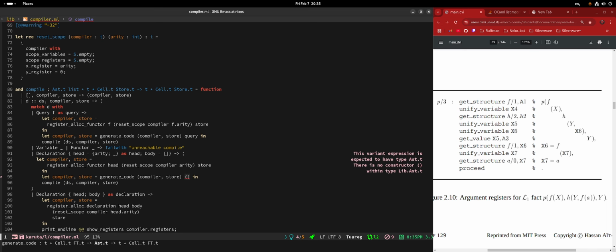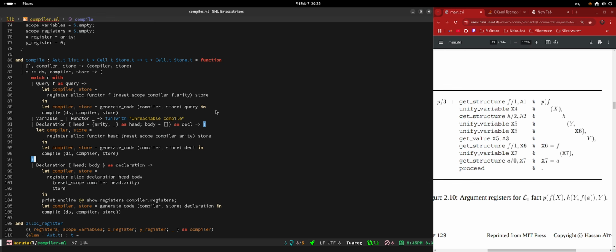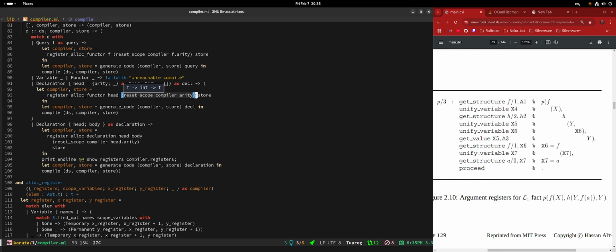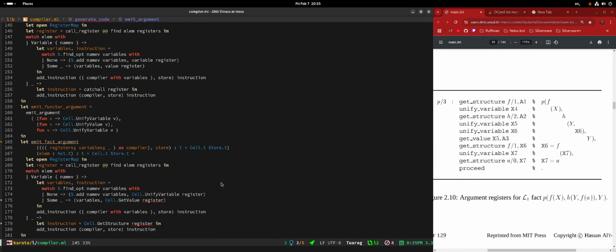So we need to do AST declaration. You don't need that because decl is already there. That's it? I think so. Okay, so now we jumped, we can revisit this if it turns out to be wrong.